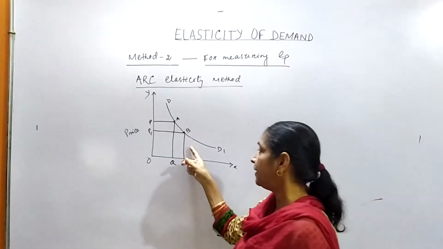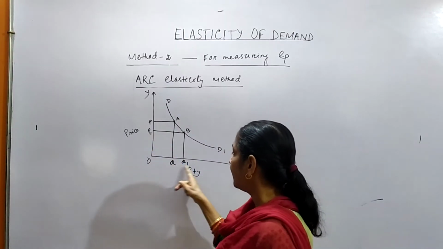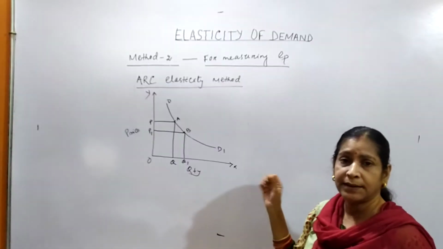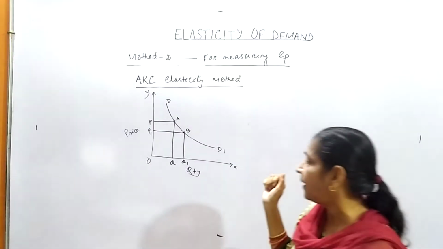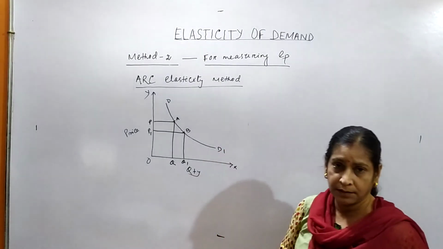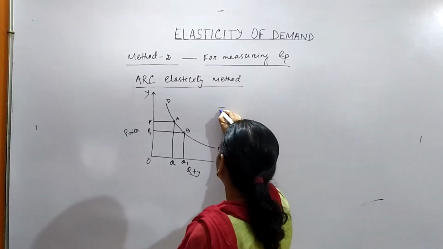But here the change is large. Price changes from P to P1, quantity changes from Q to Q1. It is a relatively large change in price and quantity demanded. So due to this large change in quantity and price, the formula for arc elasticity is